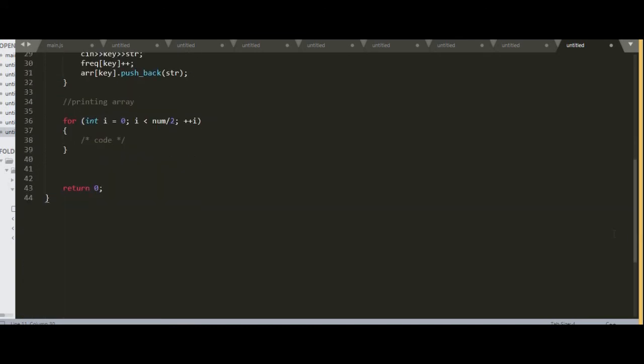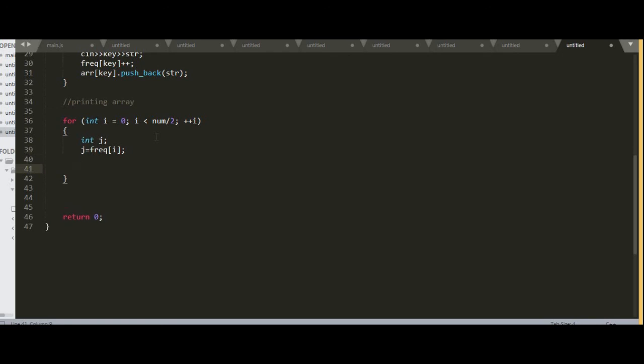So we would be going n by 2 here, and let's take another variable, let's say j, and j would be equated to the frequency array at i. So for every ith index there are certain elements. So in the previous question, for the 0th index there were 6 strings inserted, and 2 were present at the 1st index.